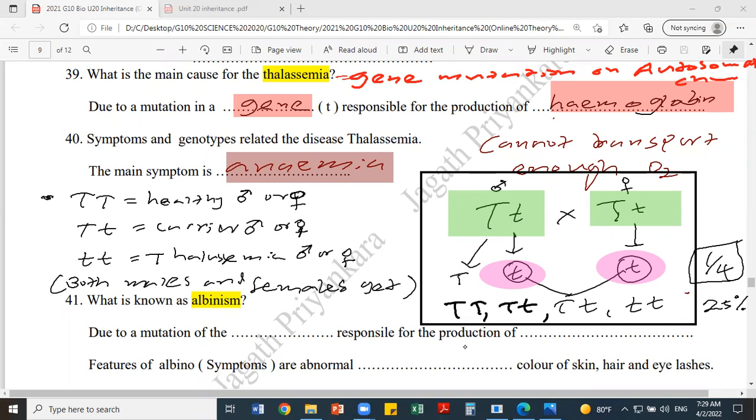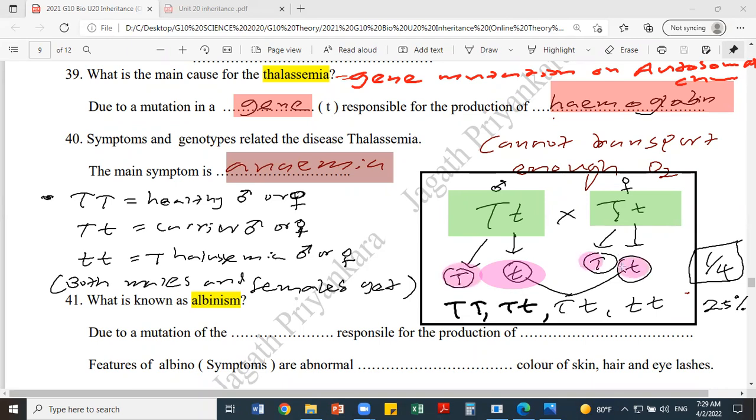I highlighted the gametes in pink. Gametes we normally encircle. That means all the possible gametes, because the female can't say that she will include only capital T in her eggs. I don't want any carriers or thalassemic children in my family. You can't say that. Either one can enter the gamete and the sperm, out of capital T and simple T. So this lesson, you can't memorize, you must understand it,